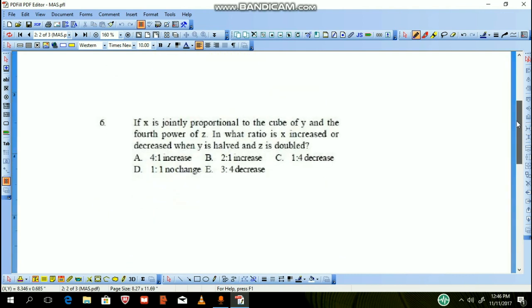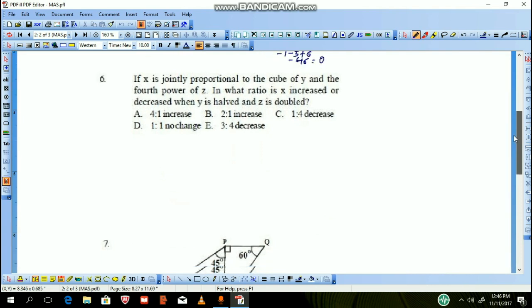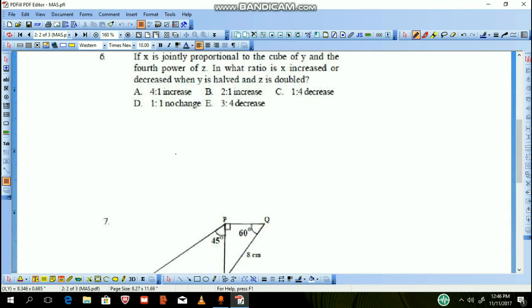Now the next question is, if x is jointly proportional to the cube of y and the fourth power of z, in what ratio is x increased or decreased if y is halved and z is doubled? So if we have x will be equal to constant k y to the 3 z to the 4,